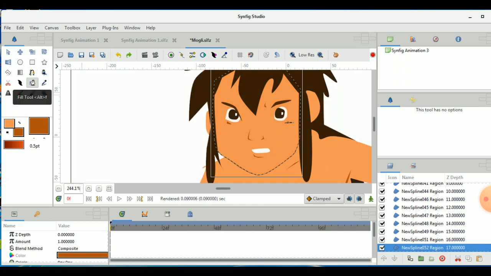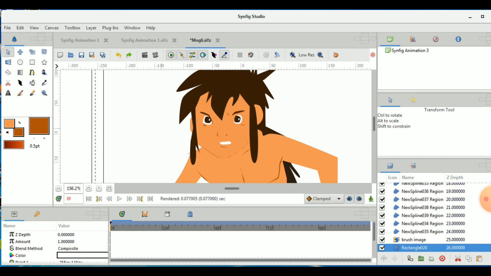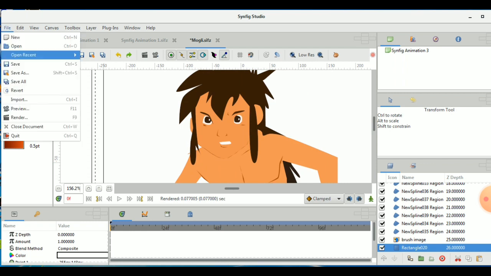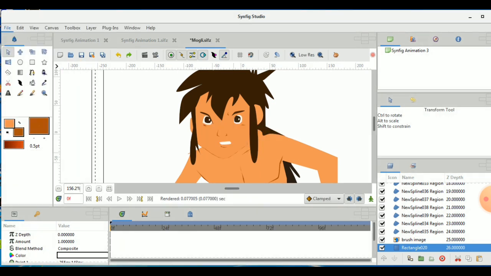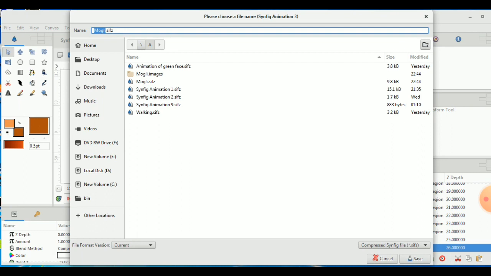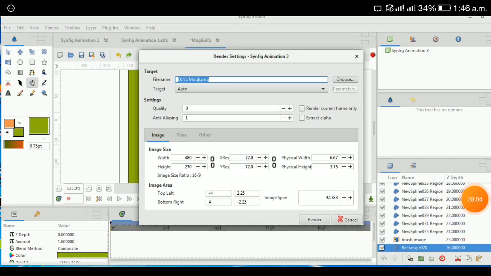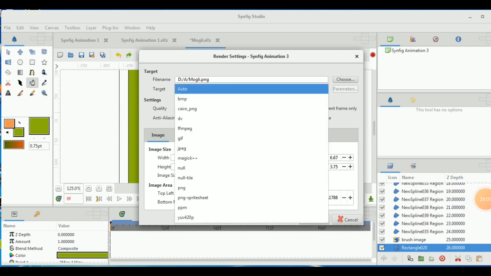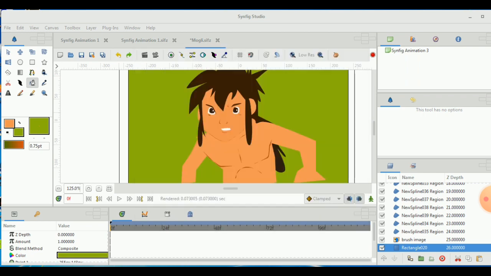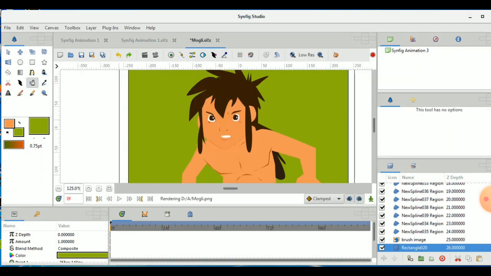I'm trying to change the background color, as Mowgli was staying in the jungle, so I will try to give another color. Now the problem was that I was unable to save, but it was saved, so no issue was there for this animation. It is already saved. I tried a number of times to save it. So I gave the green color to it. I have rendered it.